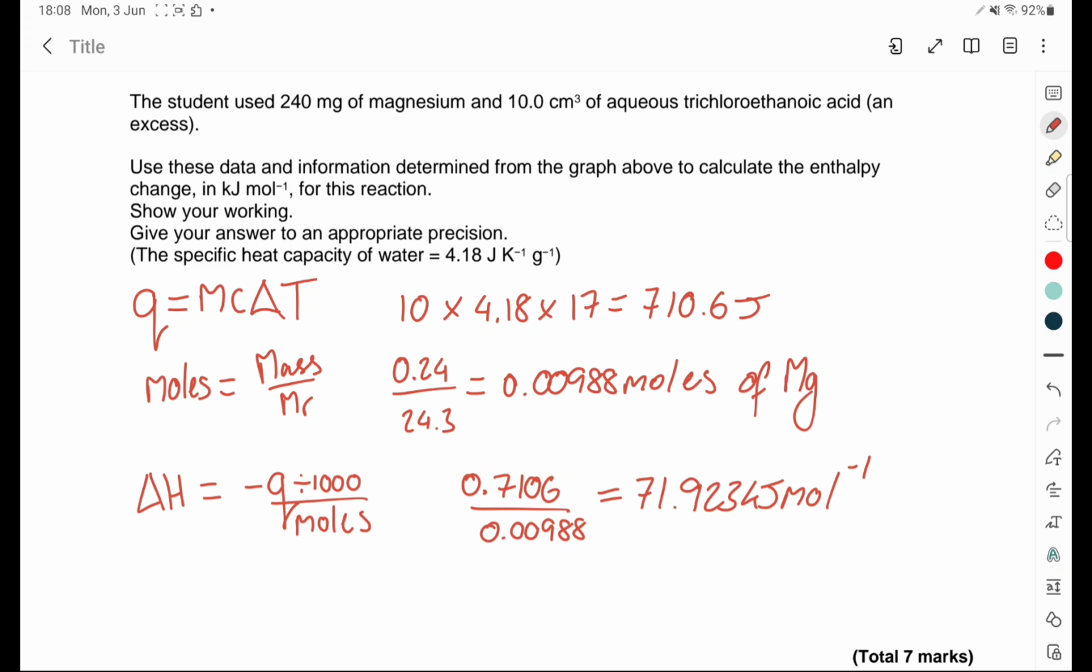Now we do have to be careful about significant figures here. We are told in the question that we have to give it to an appropriate precision. In a question like this, you need to look through the data you've been given and determine what the number of significant figures is. Now, it initially looks like 3 significant figures in most cases. 3 significant figures, 3 significant figures, 3 significant figures. But